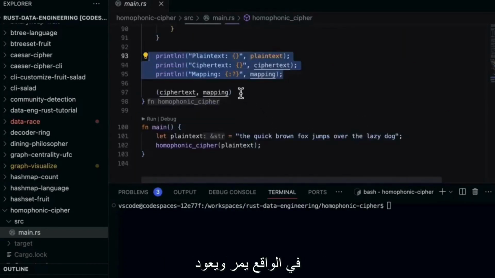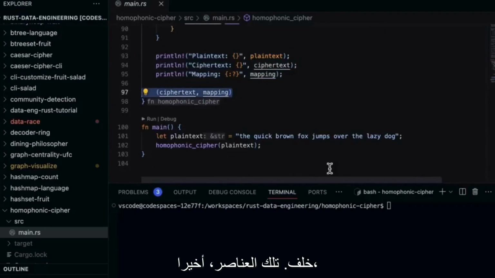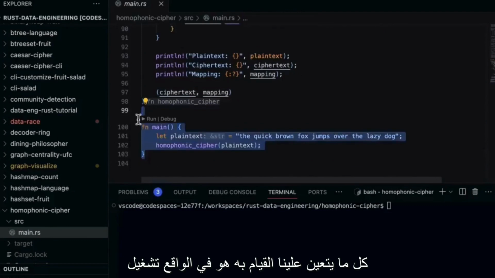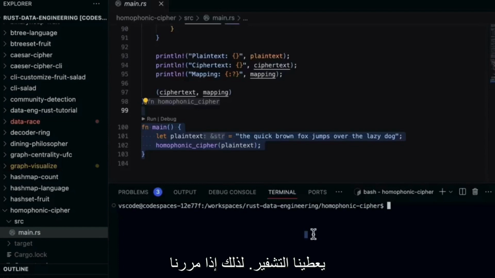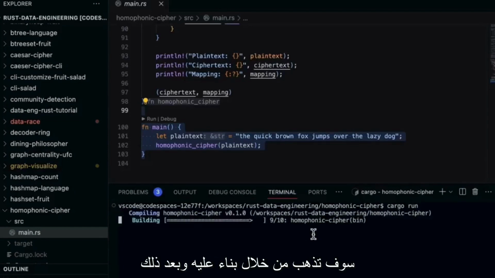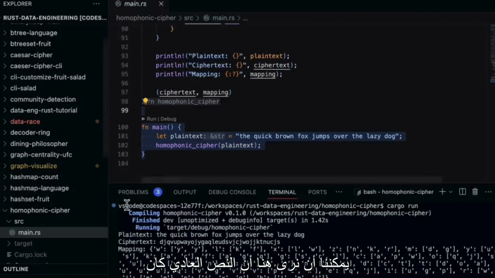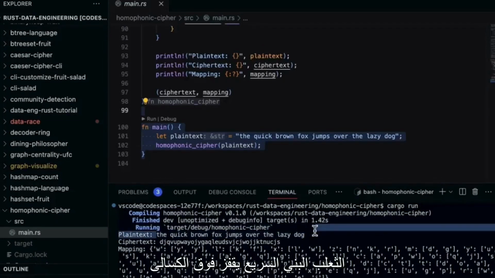And then at the very end, it goes through and returns those items. Finally, all we have to do is run the main function and put in some string that gives us the cipher. So if we go through here and write cargo run, it's going to build it. And then we can see here that the plain text was the quick brown fox jumps over the